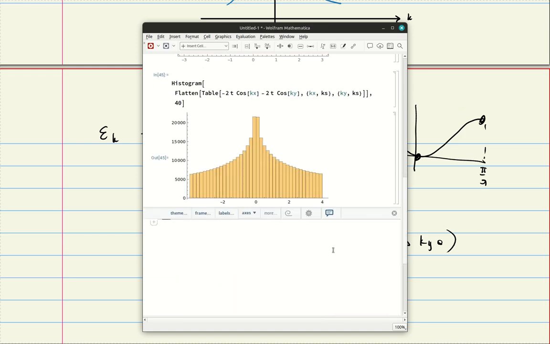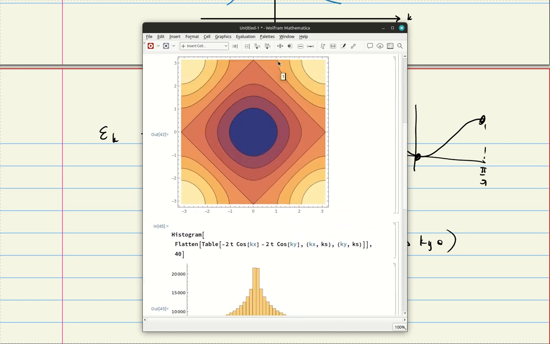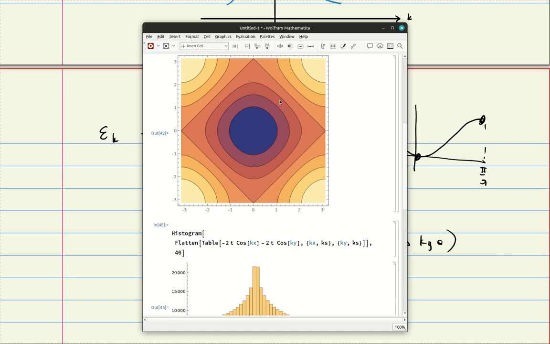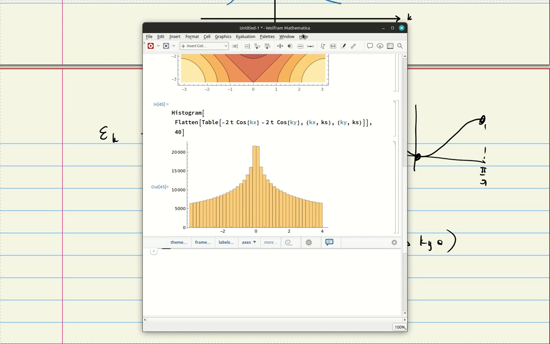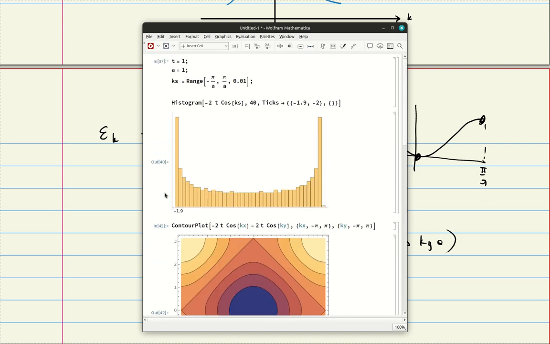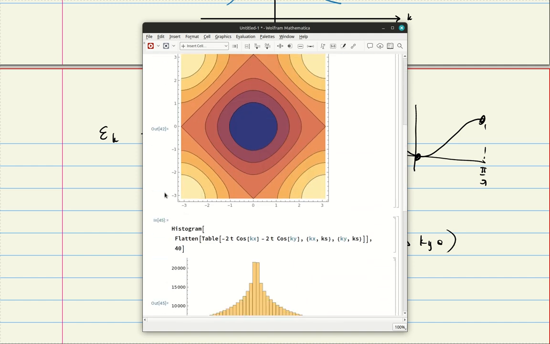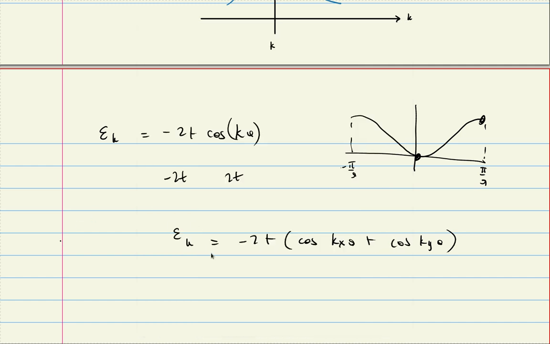Okay, here you can see when you go to this zero energy, which happens to be the Brillouin zone boundaries here and here and here. But also you can see there's a large portion at zero energy. You have a blow up in the middle, and then it decays. Compare this with 1D, right? As an exercise, you can also consider,